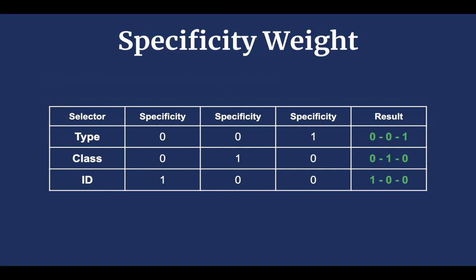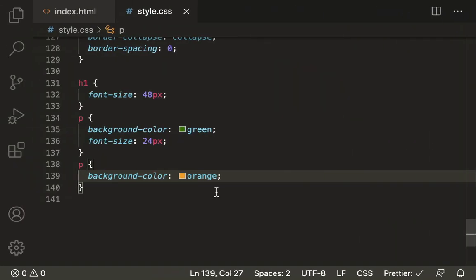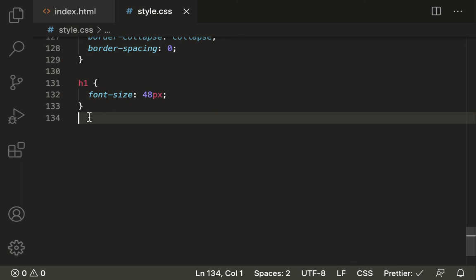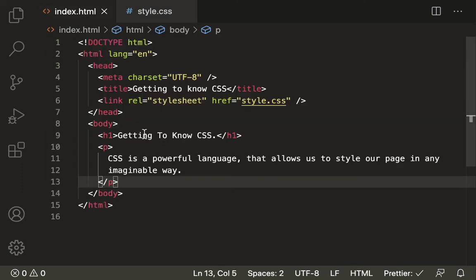Now, if an element is selected and styled in a style sheet using type, class as well as ID selector, then the selector holding a more specific point in the table will always get the priority. Let's understand with examples. Let's target our paragraph here. So first of all, we'll get rid of these older styles, save it, and then let's go to index.html.